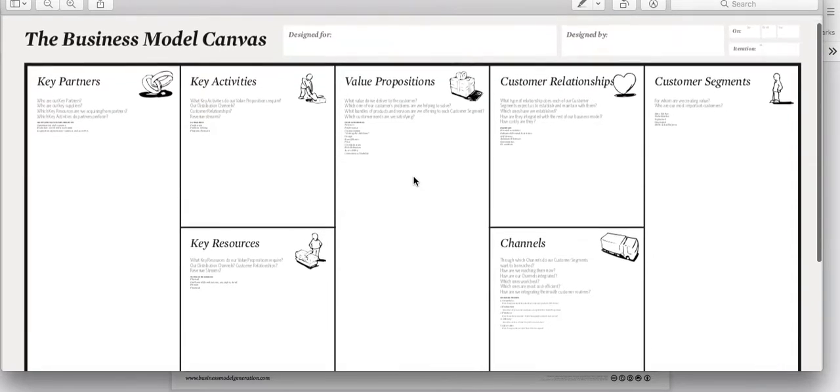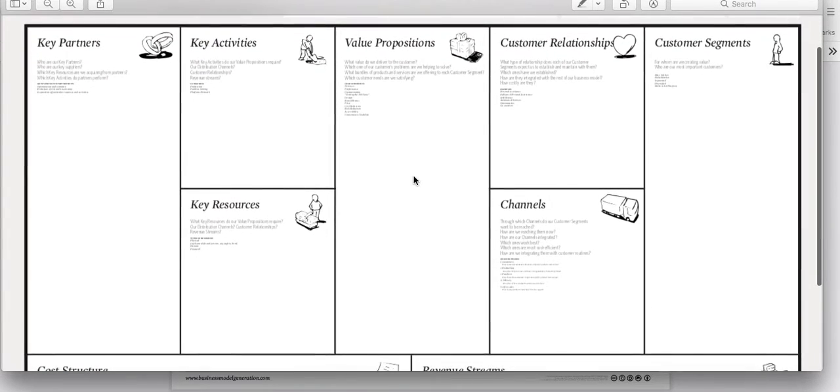Alright, so this is a business model canvas. If you've never used one before, it just goes over the different parts of running a business, and I'm just going to fill it out so that it gives you more of a chance to really think through your business, because I'm literally just coming up with ideas as I go and fleshing it out, and so this really helps you consider all the aspects of a business.